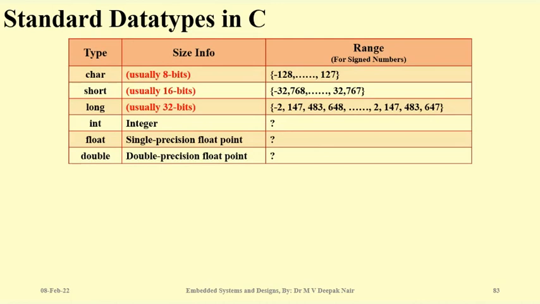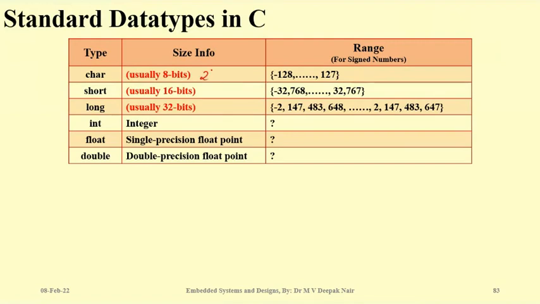There are some standard data types which are available in C, like char, short, long, int, float, double. They generally have specified sizes. Until you reach int, the previous types like char and short have their own sizes which are very clearly defined. Char will always be 8-bit. Whether you use C, C++, Java, whichever language you prefer, most of the time you will find char is always 8-bit. And here you can see minus 128 to 127.